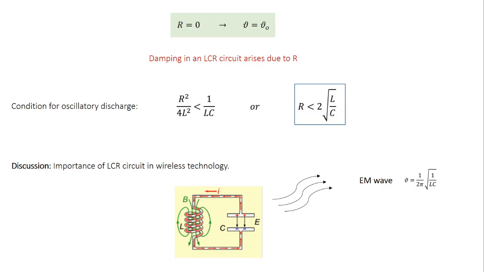This is a very lengthy derivation, but if you follow it step by step, it's very simple and straightforward. So the decay of charges you can do as an assignment, right? You know the drill. You write down the EMF equation, and on the left hand side, equate E equal to 0, make all the substitutions, write down all the standard equations, discuss the different conditions. The conditions are going to be exactly the same. You have overdamped and critically damped conditions where there is an exponential decay. Then you have an underdamped condition where there is an oscillatory discharge of charges. Okay, so you can do that as an assignment.